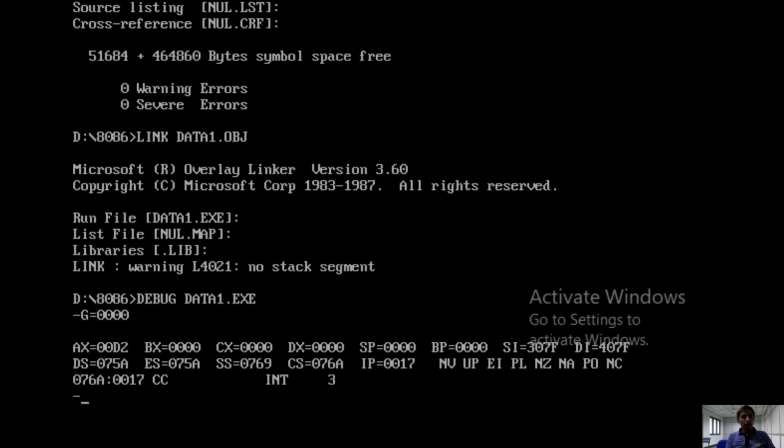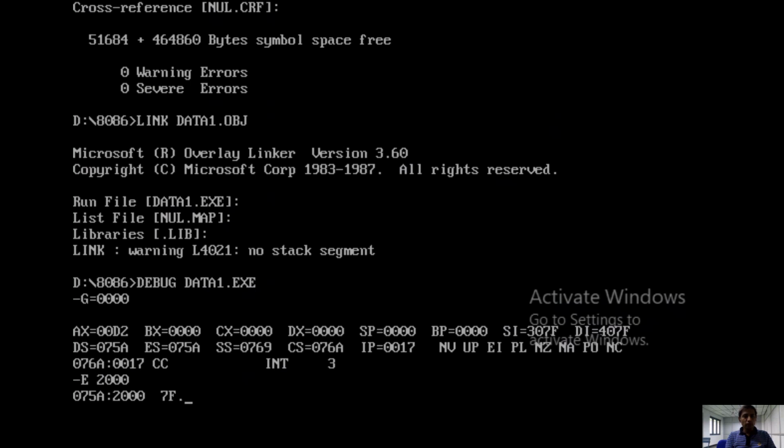After running, we should select input values. For that, E space count. First we should select the count. In which location do we need to select the count? 2000. For that, E space 2000. In that location 7F is already available, so now I need to modify it with, for example, 03, as per the theoretical example. So my count is 03. So I need to move 3 bytes starting from 3000 to 4000. Count selection is over.